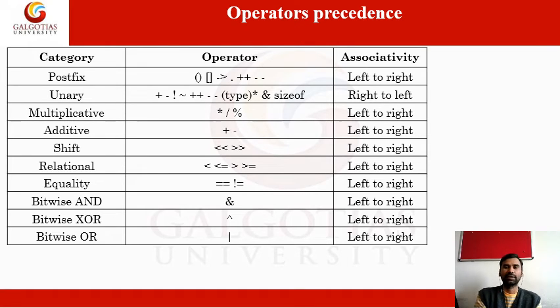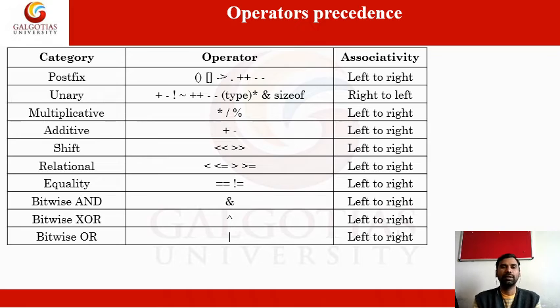Next, precedence. Which one comes first? Normally, operator precedence. For example, suppose I write the value a plus b star c. Which operation is done first? There are two operators in this case, multiplication and addition. Which one is calculated first, multiplication or addition? This is the precedence. The compiler gives preference to multiplication over addition. So the first preference is called precedence.